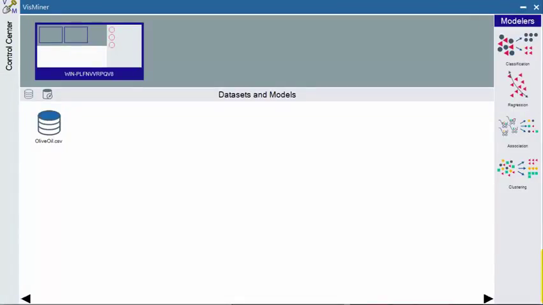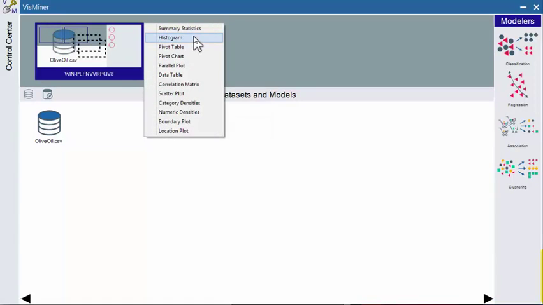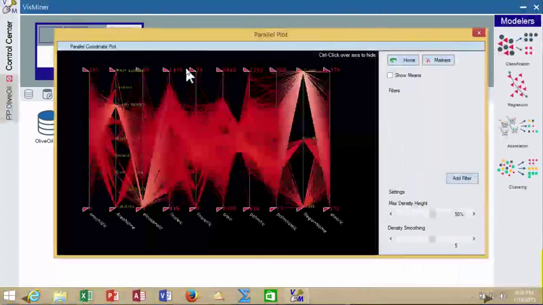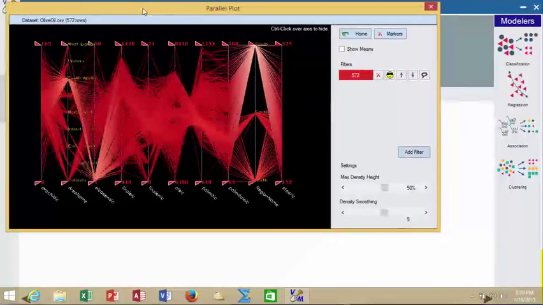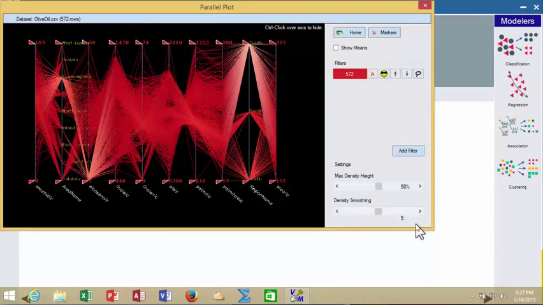I want to show some useful features of the parallel plot, and I'm going to talk about how we can use the parallel plot to find rules, if the rules exist in your data, that let you mutually exclusively divide categories of observations. So here we have the parallel plot, and when you first invoke the parallel plot on a data set